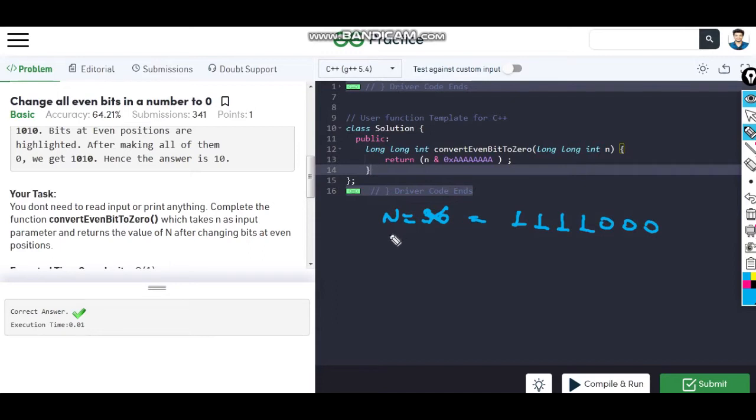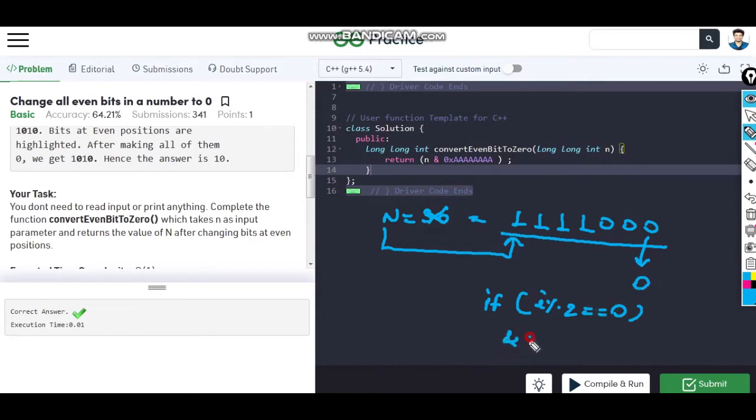So what I will do, firstly I will convert that number to its binary representation, right? At the time of representing that number in binary form, let's say first I got this 0, and I will use an if condition: if this is an even position, that is if i modulus 2 is equal to 0, then I will do AND with 0 of that number and store it.